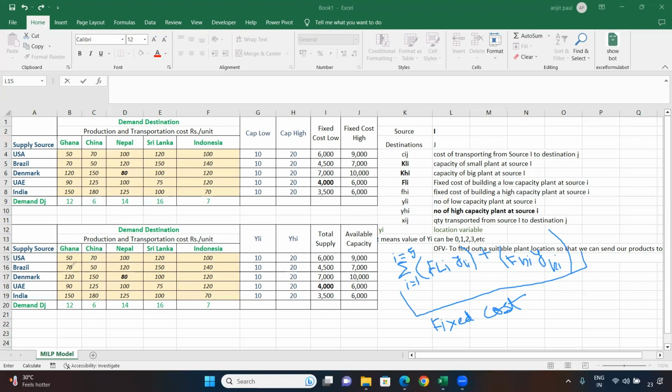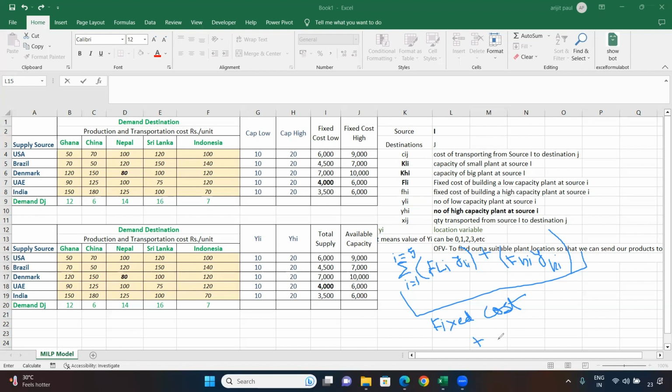So first of all, we need to take care of how much material we are going to supply from which source. That will be our Xij. What is Xij? The quantity transported from source I to destination J. So that one we need to find out. Second, while transporting the quantity from the source side to the destination J, there is an operation cost or the transportation cost. Okay. So here we have mentioned the cost of transporting as Cij. So that means we can say